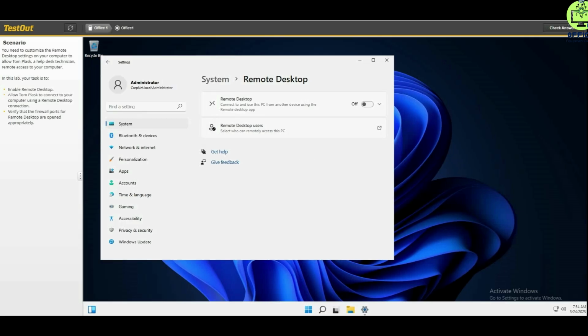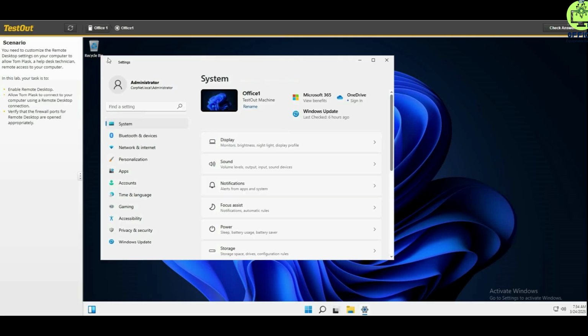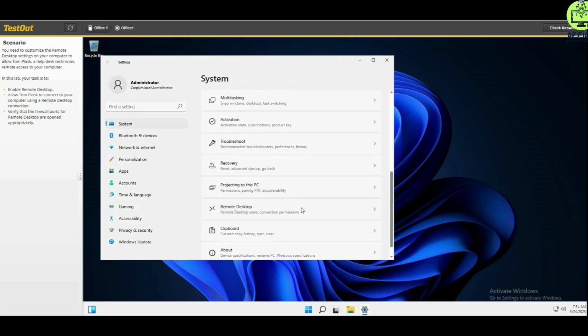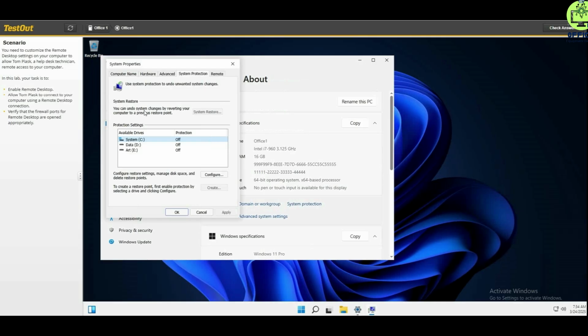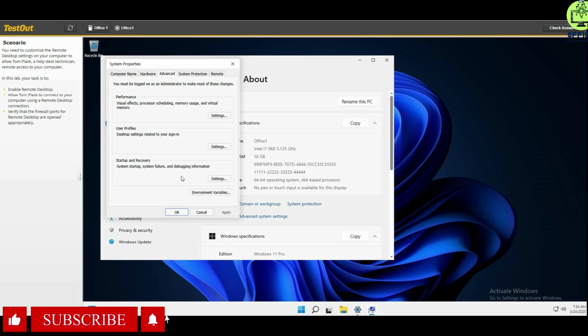The next thing we want to do is to go back so that we can access About. Under About, we go to System Protection, and under System Protection, what are we checking here? Advanced. Alright, so